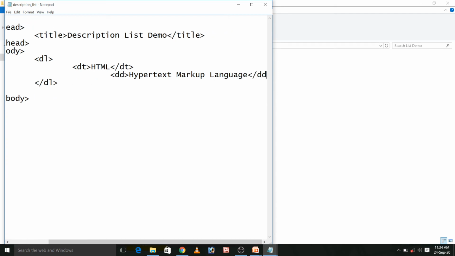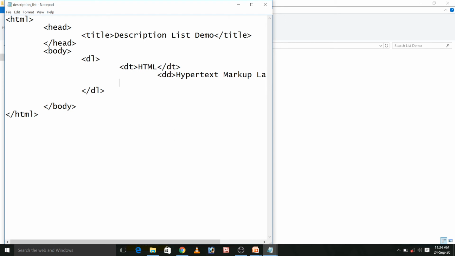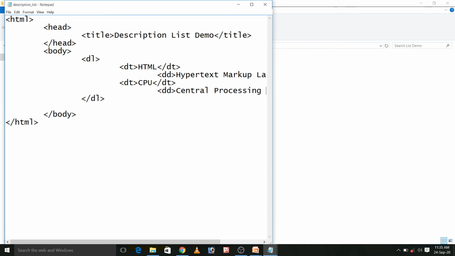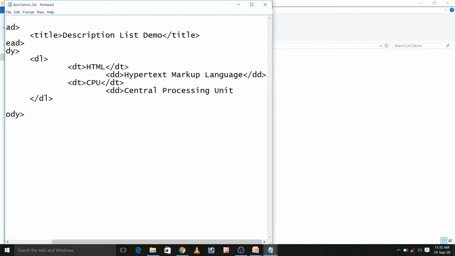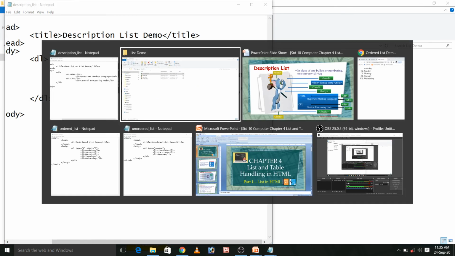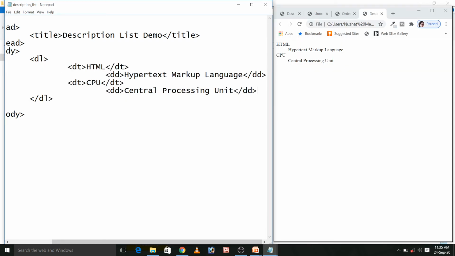And here I will close DD tag. I will define one more term. Right now I will do for CPU. Here I will describe it. Now we will see the output. This way you can define the description term and you can even describe it.